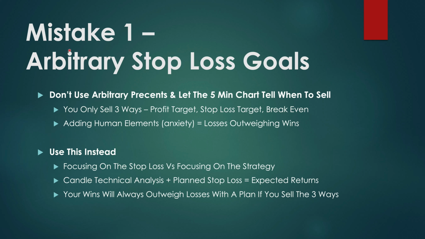So mistake number one is basically arbitrarily having stop loss goals. That's what you don't need. What that basically means is that you don't need arbitrary percents, and instead you need to let the 5 minute chart tell you exactly when to sell. In other words, as an example, before I get to that,